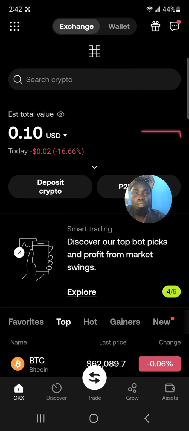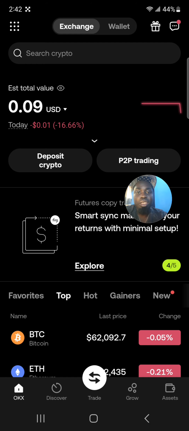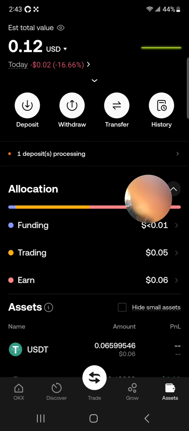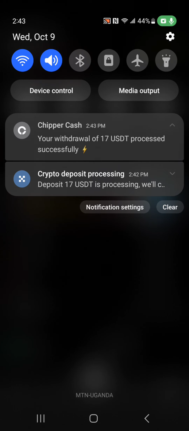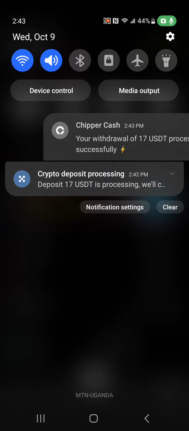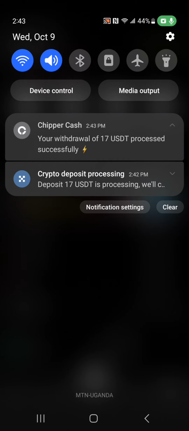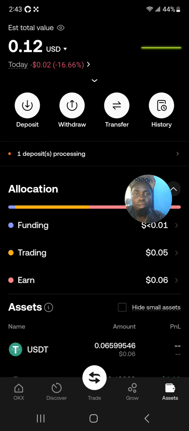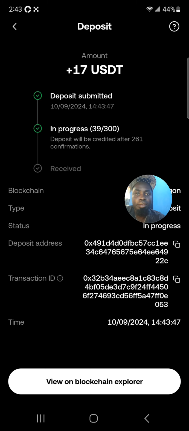That was so fast because at times Chippercash takes a lot of time to send out funds. Chippercash is also saying the withdrawal was successful, so they processed it. Then we need to wait for it on OKX. So scroll down, and as you can see on OKX, I have one deposit processing,